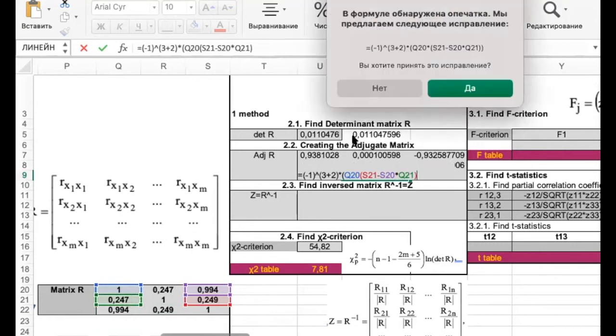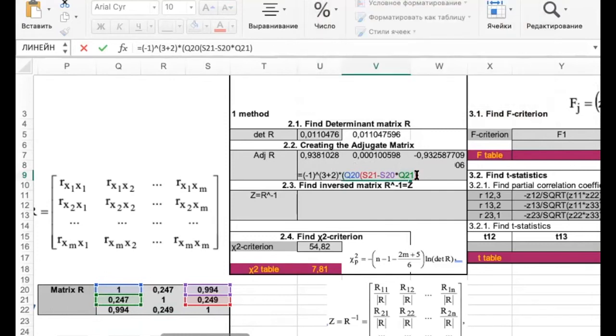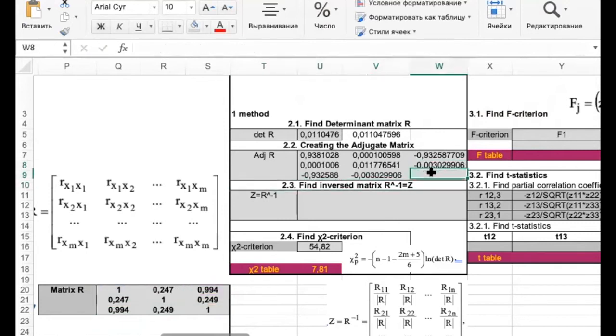No? Something wrong. And instead of multiply, I put parentheses. And the last one,